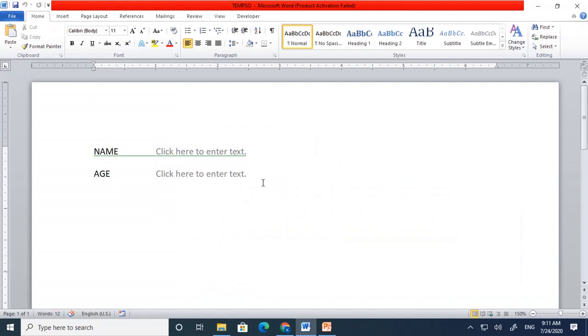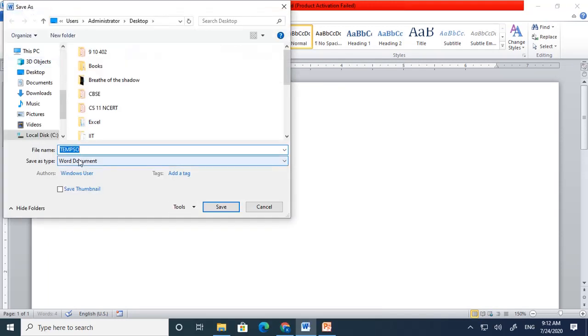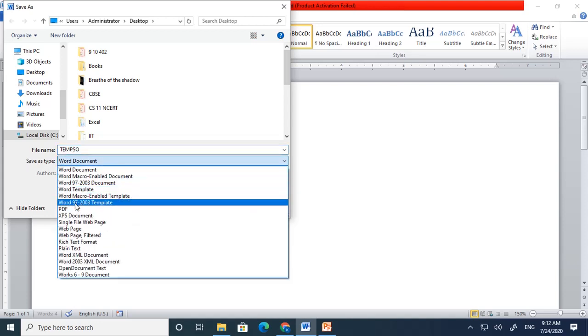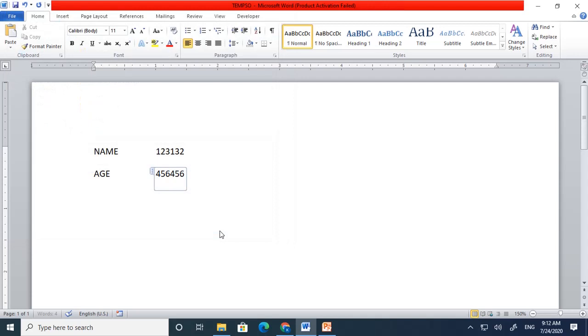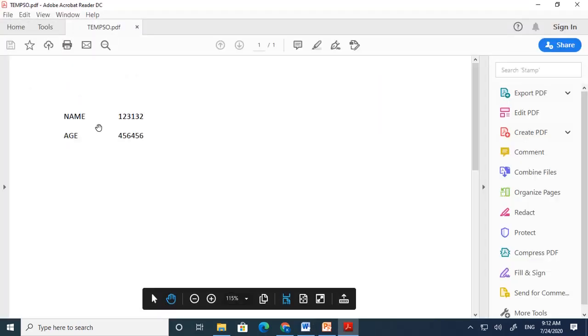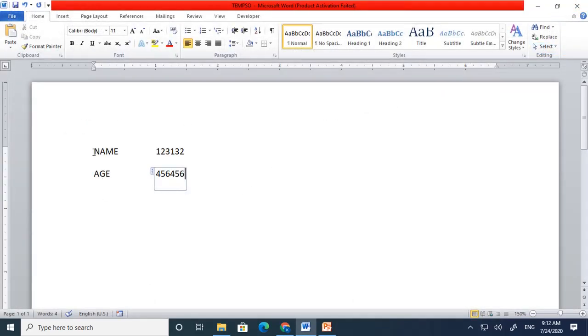This you can see on the screen, their name and age is given and something is written as click here to enter text, click here to enter text. Now we want to make an arrangement so that when you click, just type whatever you want to, and then just go to File, click on Save As, and give a name to the file, and in the Save as type option select the PDF and save it. So you will be getting your own PDF that you can send to anybody. So now let us see how to make all this.